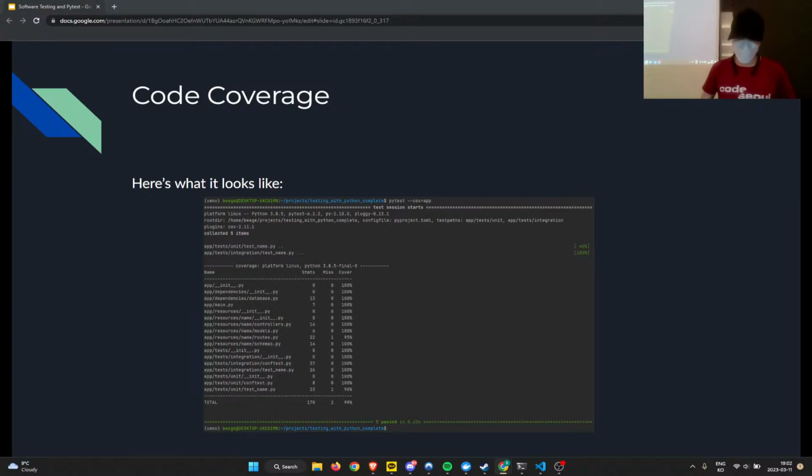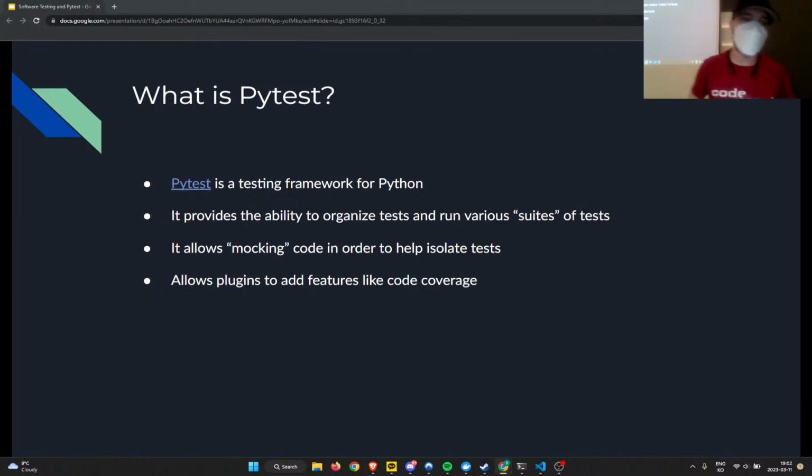All right, cool. So Pytest time. What is Pytest? It is a testing framework for Python. You'll notice that the slide style is going to change a lot because I did not have enough time to switch to the new style. So this is going to be a lot more verbose.